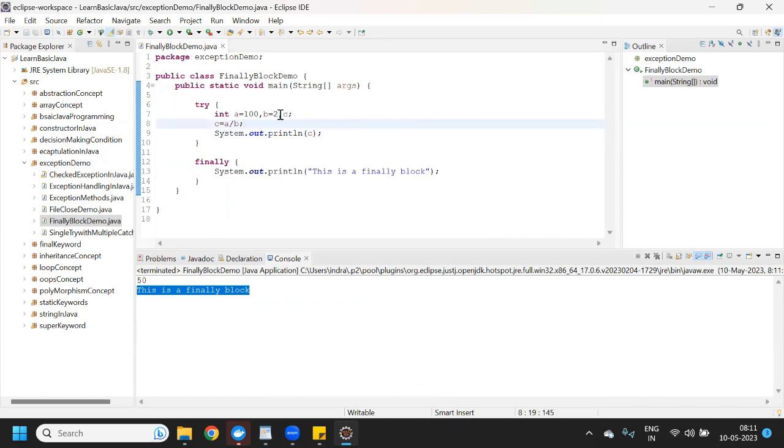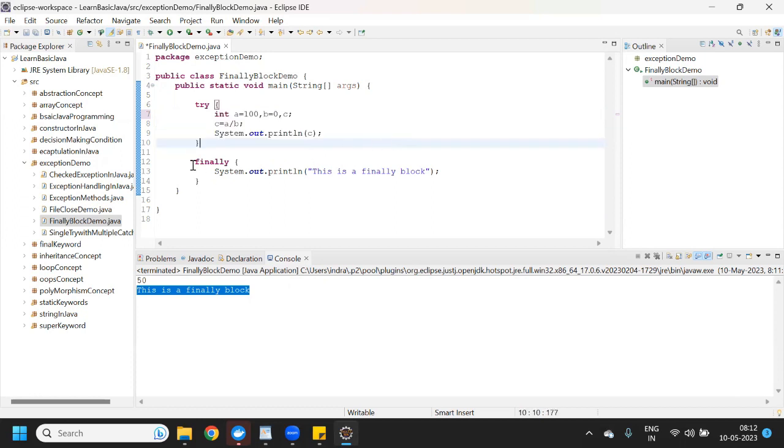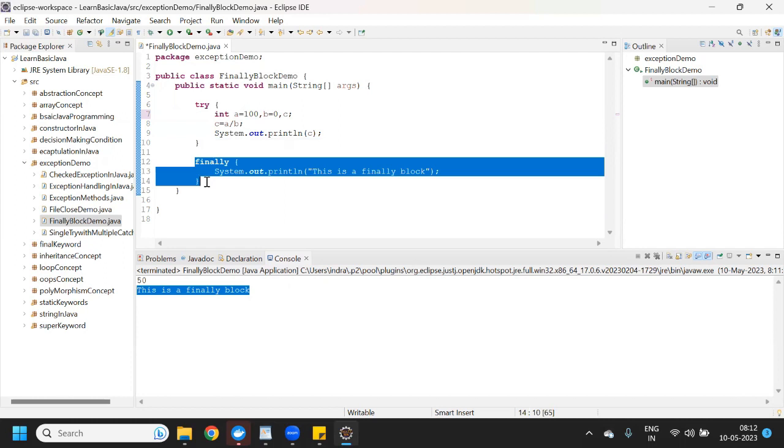But if we put 0 instead of 2, then it will throw an exception. So now what happens? Since it is throwing an exception and we are not using a catch block, the JVM will throw the exception, but only after executing the finally block.